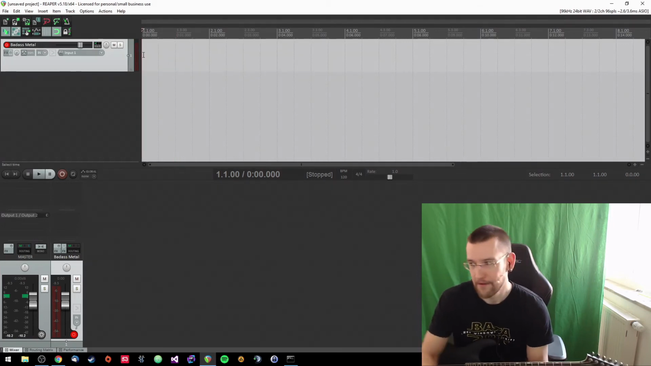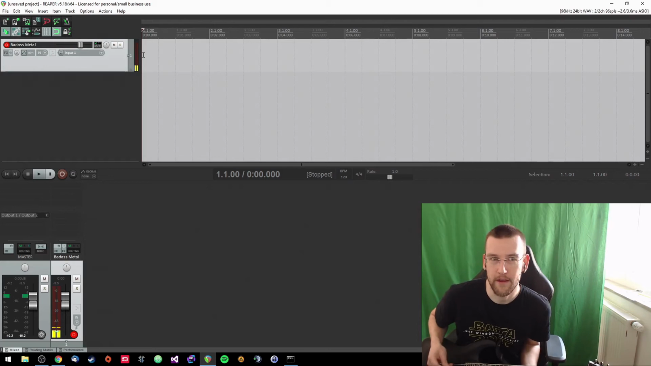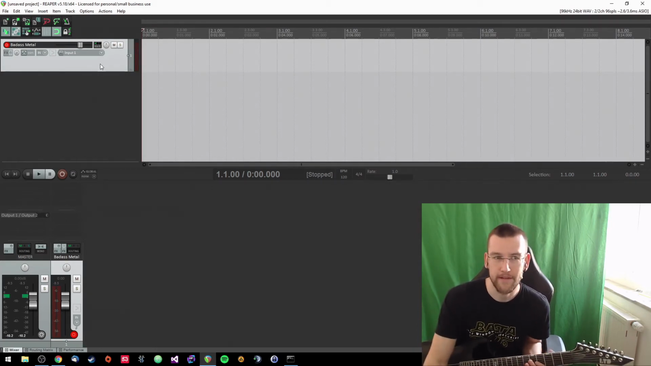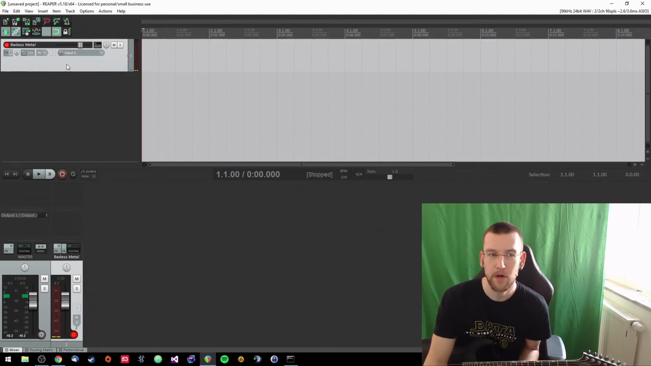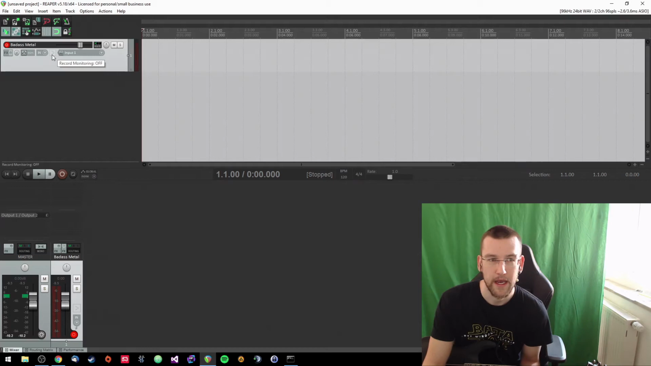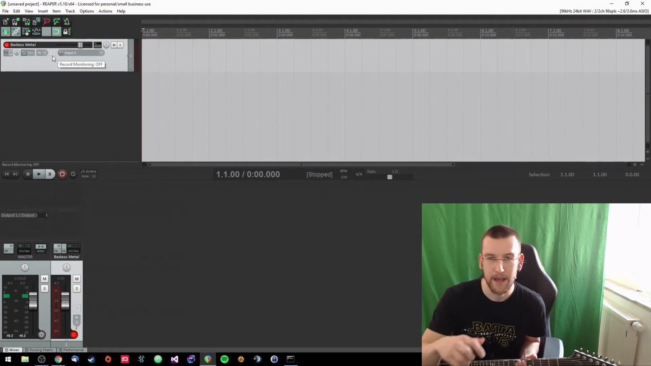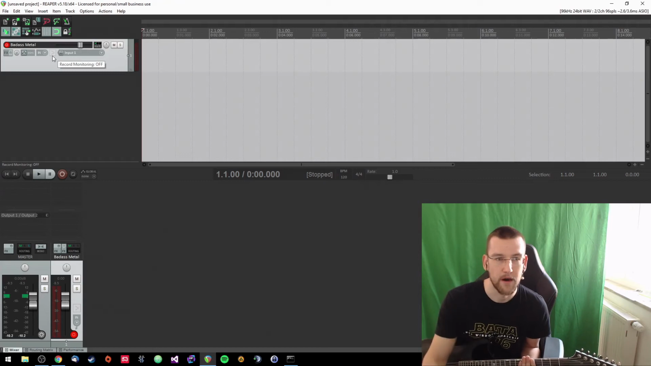So now, what to do in order to hear what I play in real time? And every audio software has a specific button for that. Most of the times you can find this button on the track. And this button is called Record Monitoring. That's how it's called in Reaper. I don't know about Cubase or Logic, but it has some similar